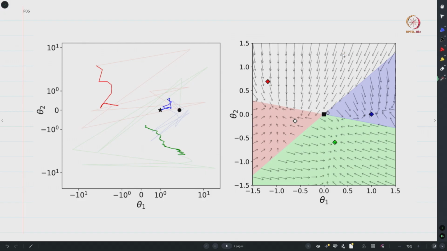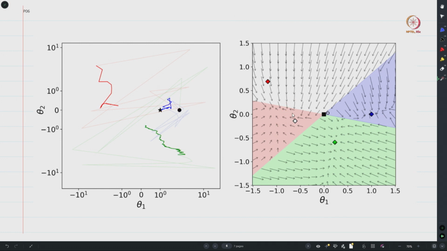So if you start over here, this dynamics will push you towards this red region. As soon as you come into the red region, the dynamics changes. When you are in the white region, you are pushed towards this slightly pinkish region, and as soon as you enter the pinkish region, the dynamics will force you towards the white region. So you will be forced along like this, and whenever you go back to the white region, you will again be forced towards this pinkish region. So one can see that the dynamics in the white and this slightly pinkish region will push the iterates in either direction, right.